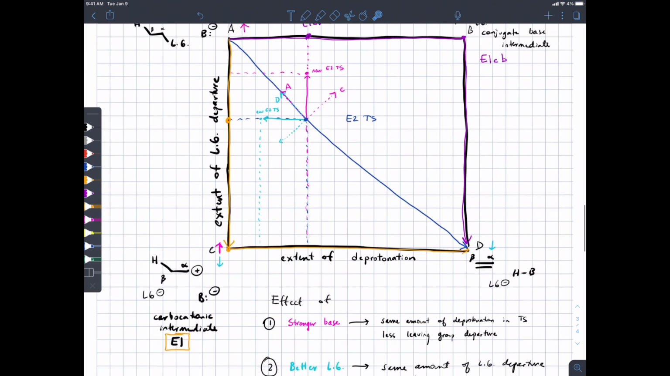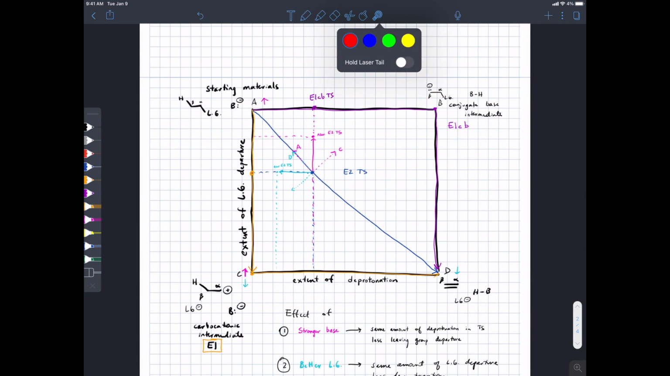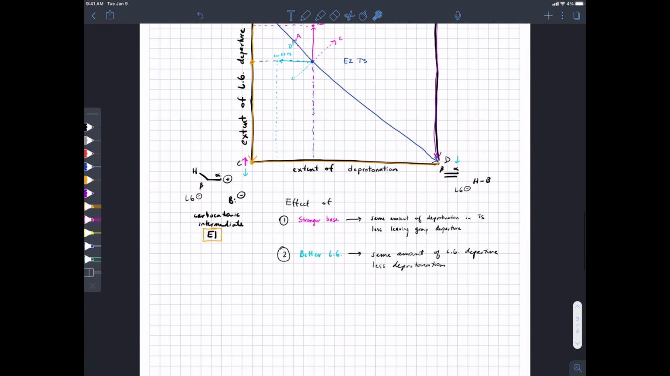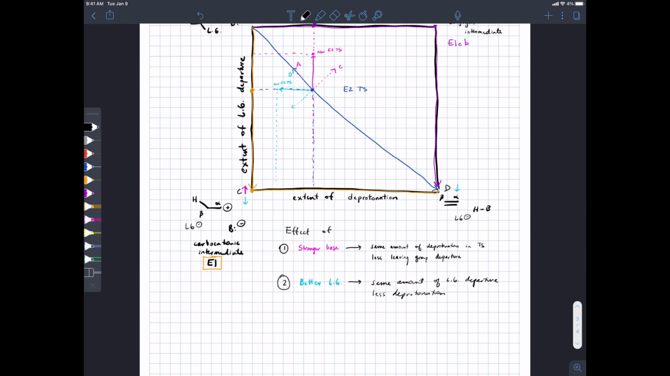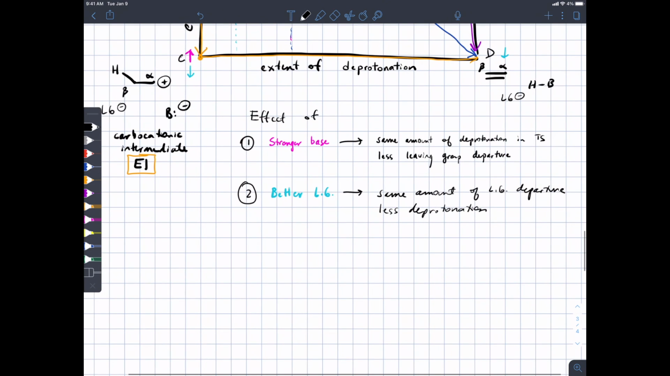There are other things we could talk about. We could talk about stabilizing the carbocationic intermediate and what that would do. We could, but I don't want to necessarily deal with that because I think you could handle the effect of that. Reason through that on your own. The last thing I want to do is